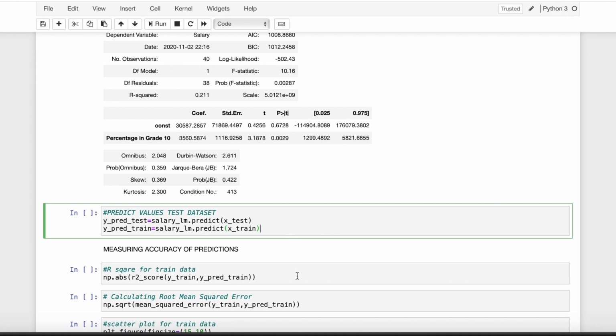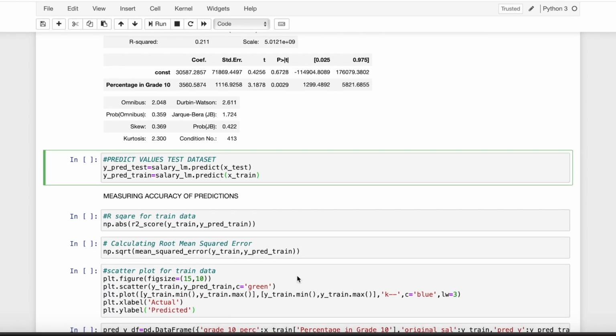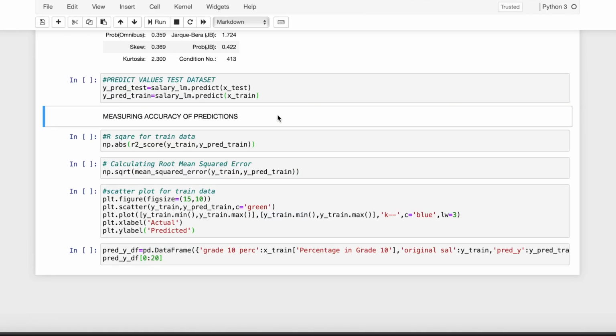Now in order to measure the accuracy of our prediction, there are several measures that can be used. However, we are using here R square as well as root mean squared error. Both these methods take predicted values and actual y values to calculate the accuracy measures.